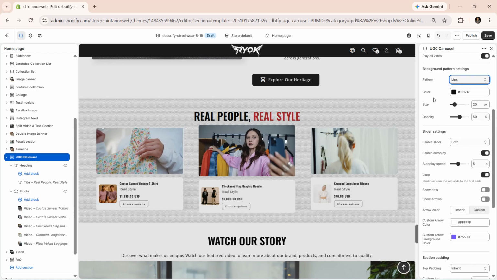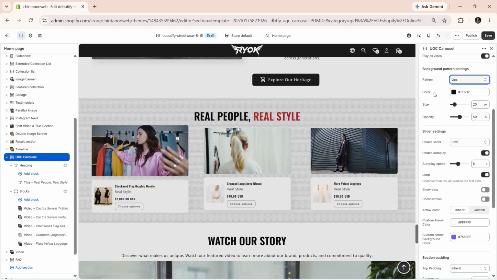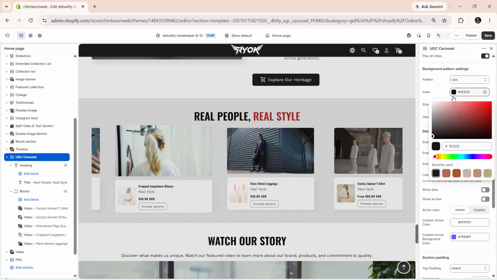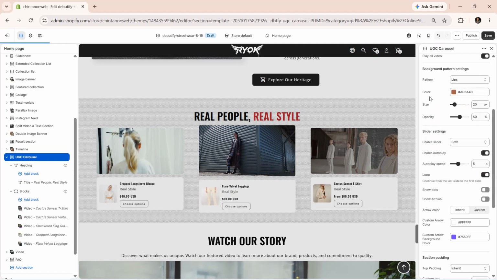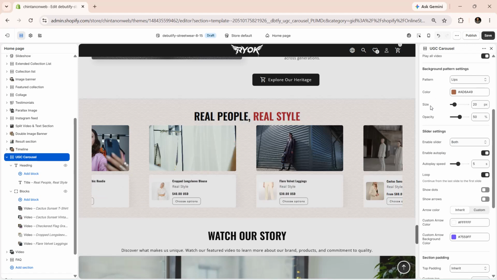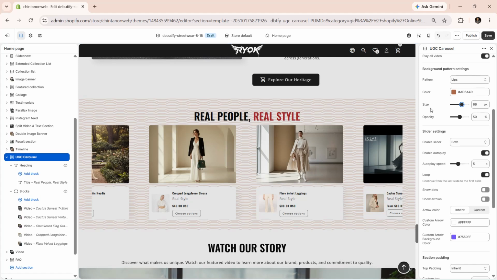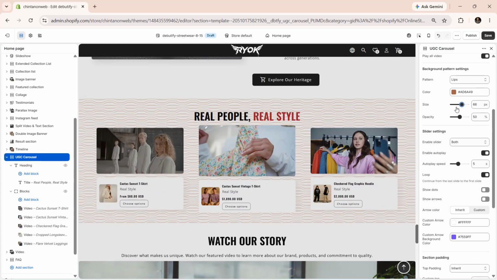All background patterns come with the same set of customization options, giving you full control over their appearance. You can select a color that matches your store's branding, ensuring the pattern blends seamlessly with your overall design. Adjust the size to control how large or small the pattern appears. You can set a value between 4 pixels and 100 pixels, allowing for anything from fine, subtle textures to bold,